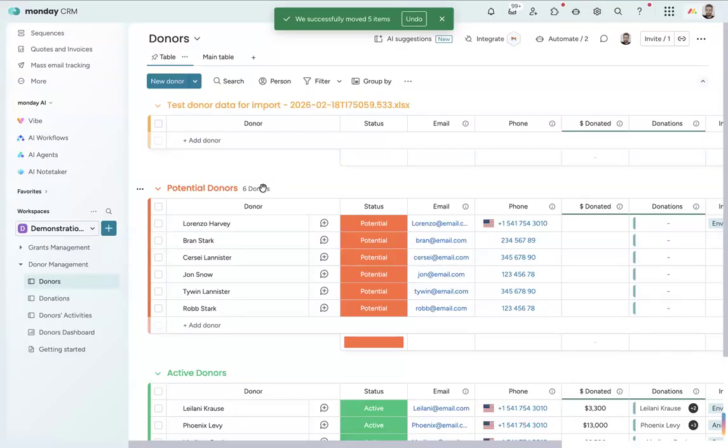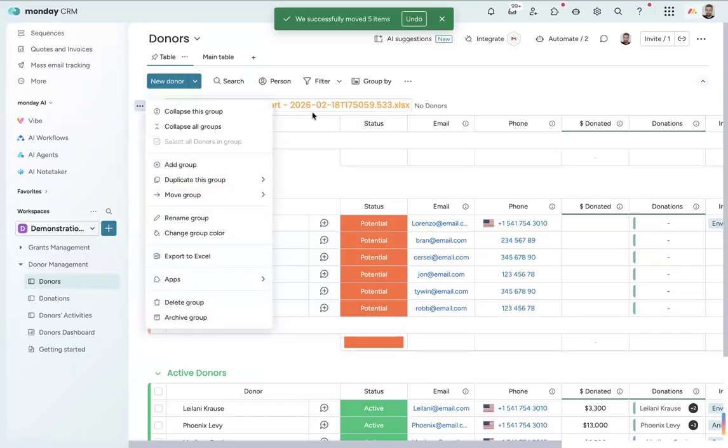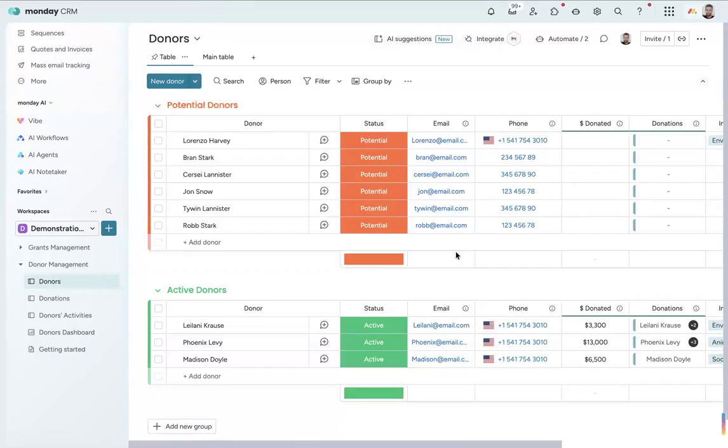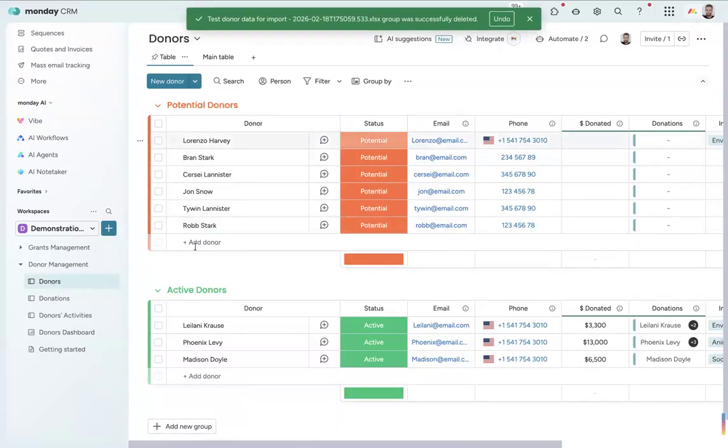But again, we just did it manually first to make sure that everything's working, and then we'll delete this new empty group. We don't need a group with the name of that file. So now we have a bunch of new donors that we've uploaded. We haven't yet uploaded their donations. We'll do that next. But at the moment, they're there and they're waiting for their donations to be added, and then we can match them. So hopefully that much is clear.